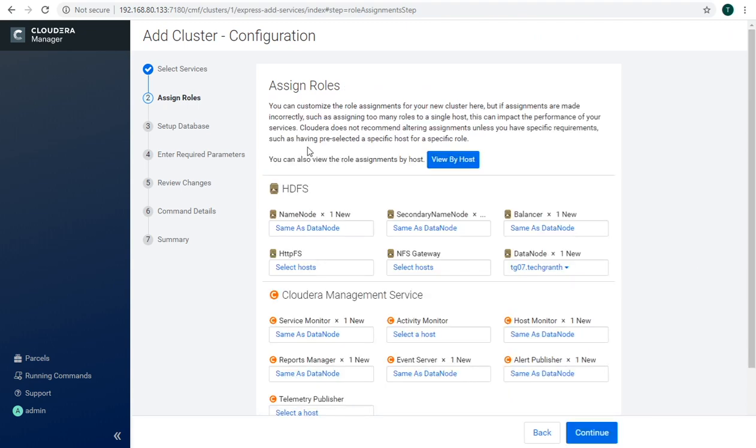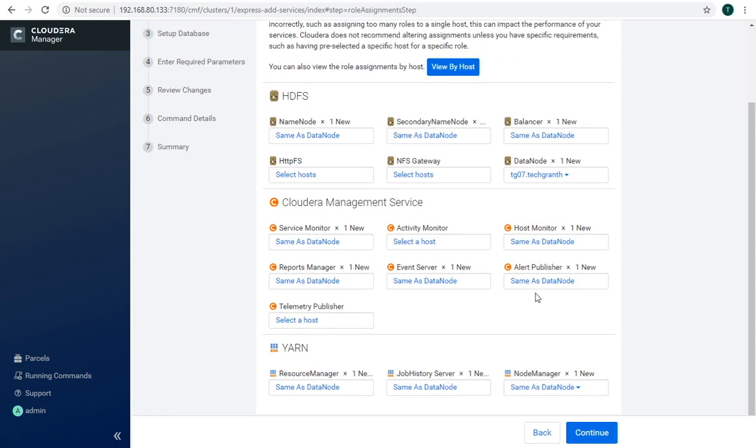So click continue. Now we have to assign the roles. Data nodes will be on the same node, name node and secondary name node, balancer as well. Also the data node, NFS gateway and HTTPFS are not required as of now.